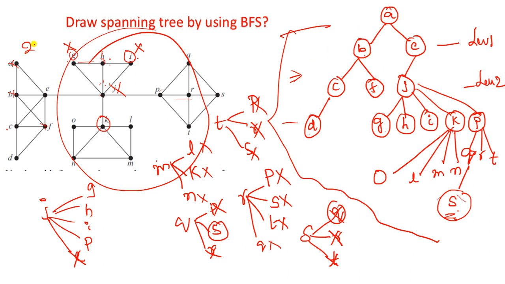Okay, like this we have to construct the tree and check whether this tree is correct or not. How many elements are there? Here 20 elements are there. Here definitely there will be 19 or fewer than 19 edges. Okay, so like this we have to construct the spanning trees with the help of DFS and BFS.